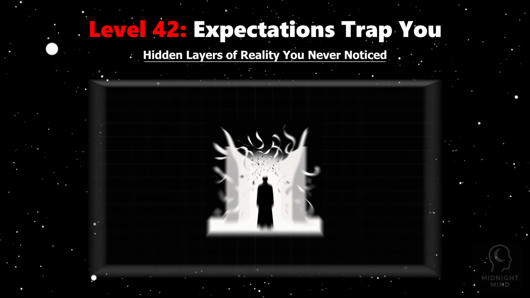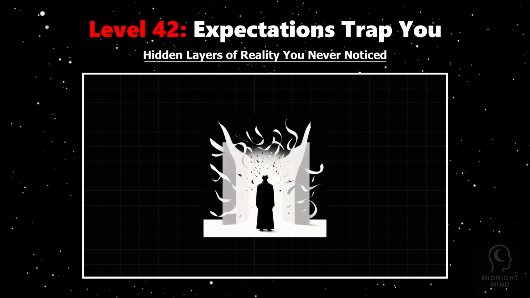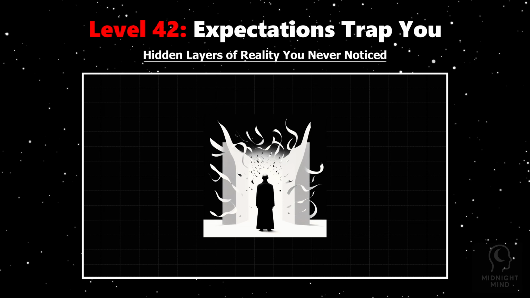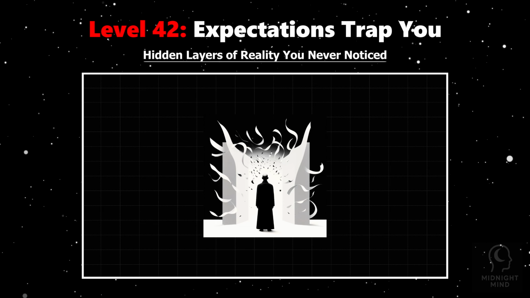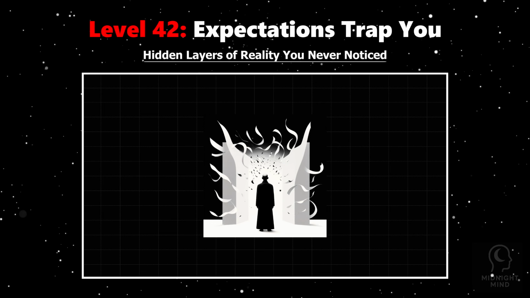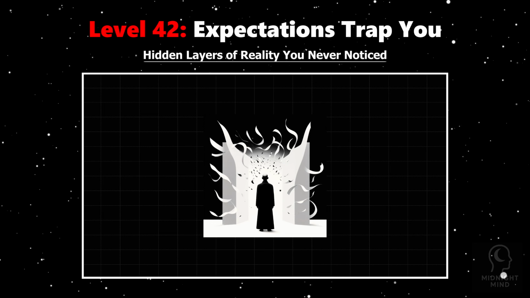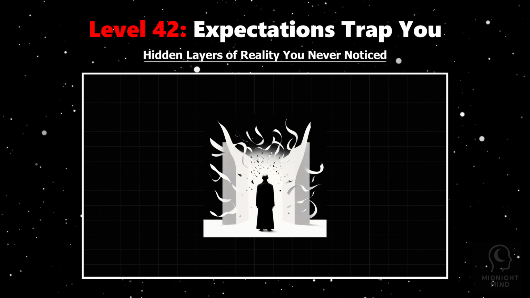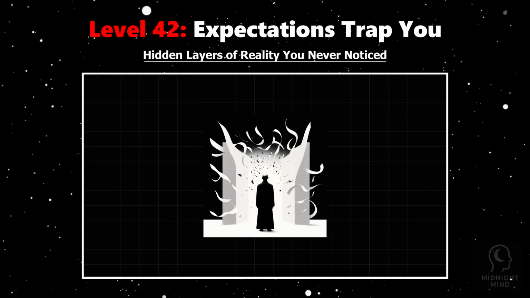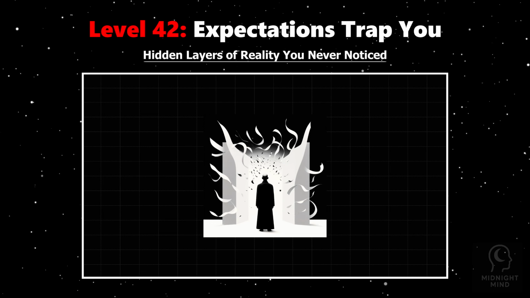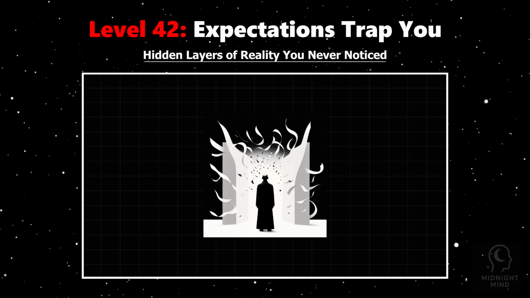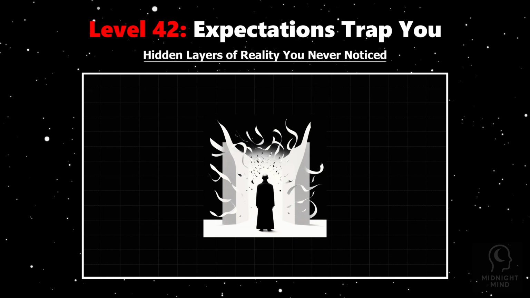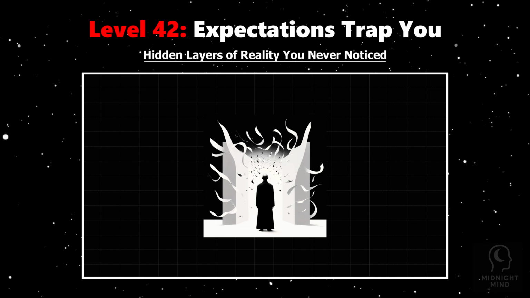Imagine living inside a world shaped less by your true self and more by the silent expectations others hold of you. These unspoken mental scripts create invisible boundaries, subtly curving your behavior to fit roles and images projected onto you. Social psychology reveals that human behavior is deeply influenced by these expectations through mechanisms like the self-fulfilling prophecy and social conformity. When others anticipate certain actions, your brain unconsciously adapts, aligning thoughts and decisions to meet those predicted outcomes.